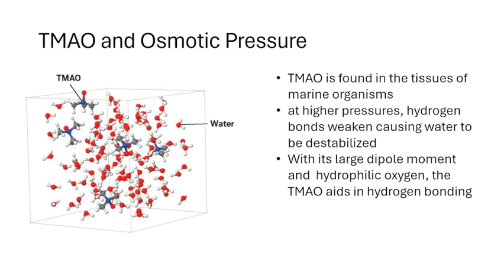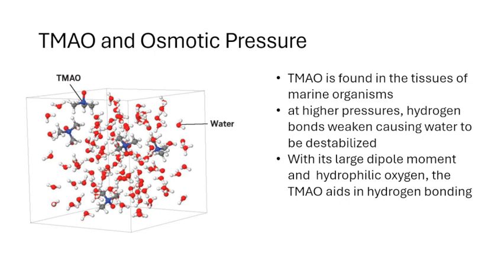And so basically how it works is that at higher pressures, the hydrogen bonds weaken, whereas at lower pressures, the waters are more of a tetrahedral shape. And so whenever the hydrogen bonds weaken, it causes the water to be more destabilized, and then TMAO can help stabilize the water and increase hydrogen bonding because it has that really large dipole moment, and it's a zwitterion,